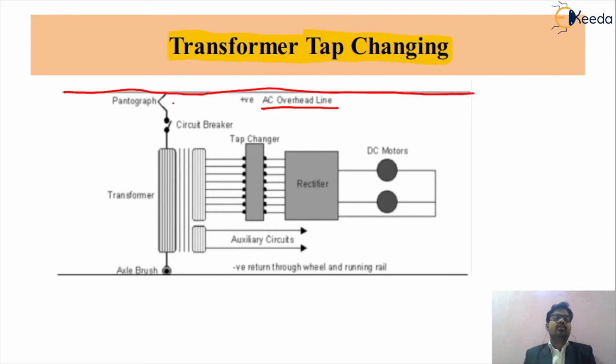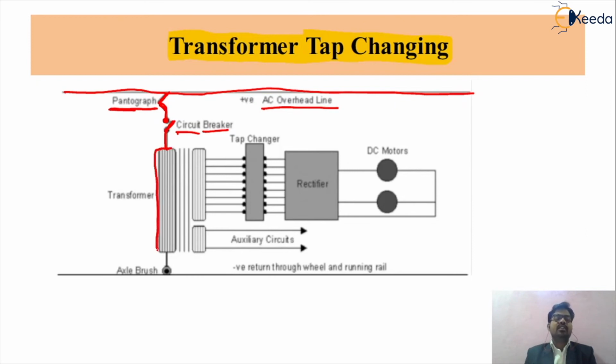For the collection of this power, we are connecting one device, a current collecting device, which will be called the pantograph collector. This pantograph collector will collect the power from that particular AC overhead transmission line. We are using one circuit breaker for protection, if you want to break that particular circuit from that particular supply, and from the circuit breaker the supply will be given to your